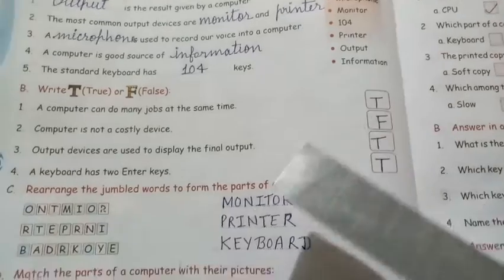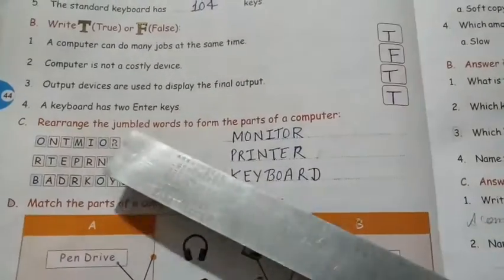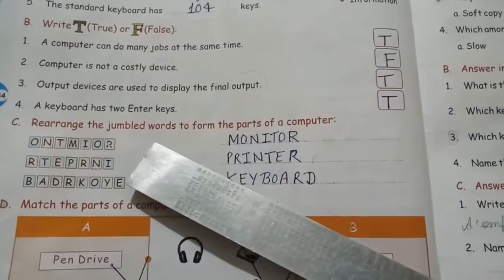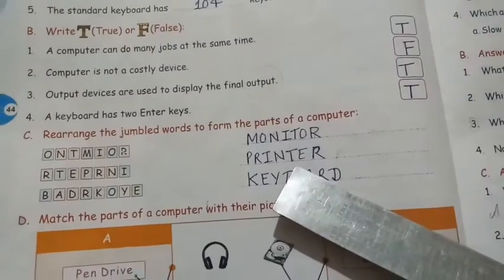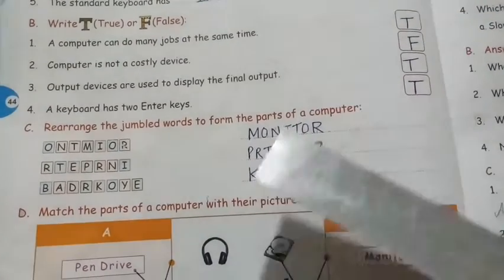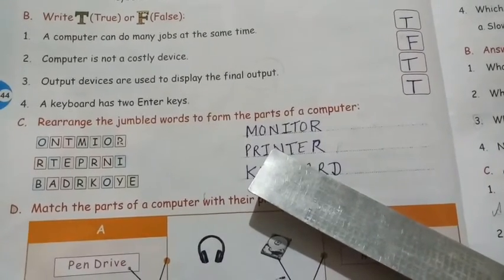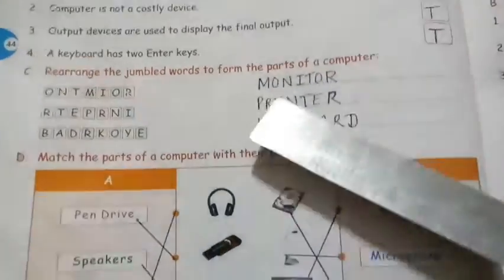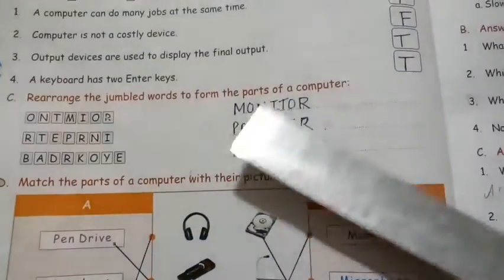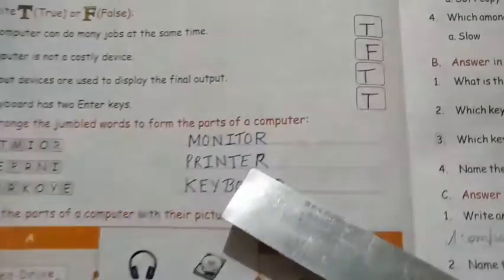So students, please see this, take the help of this video to revise your chapters. Rearrange the jumbled words beta. You have to learn spelling of these computer parts. Okay, and this will come in this way. Pick out the correct spellings. Okay, pick out the correct spelling. So you have to see this one. So for it you have to learn the spellings of these parts of a computer.